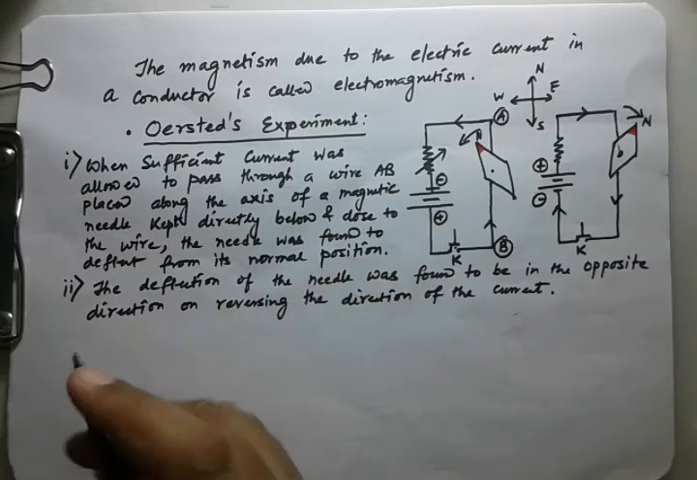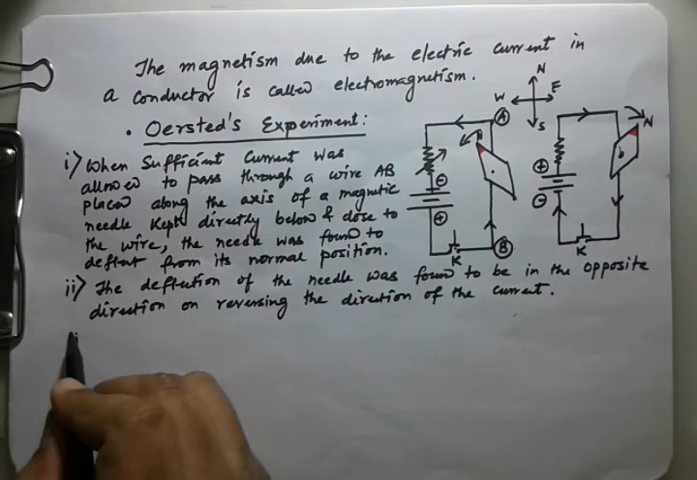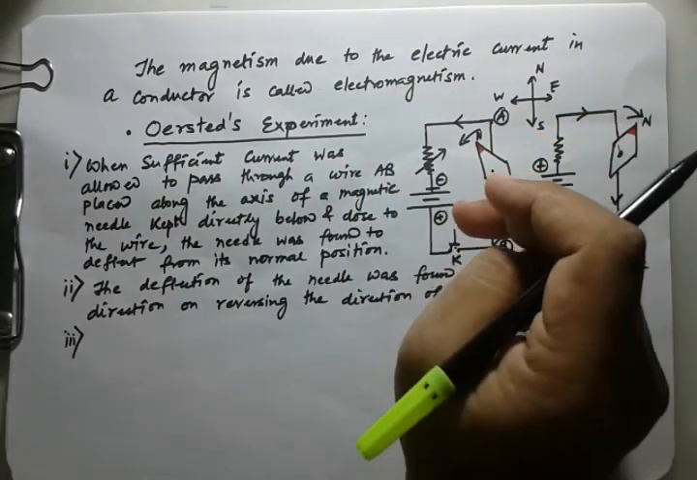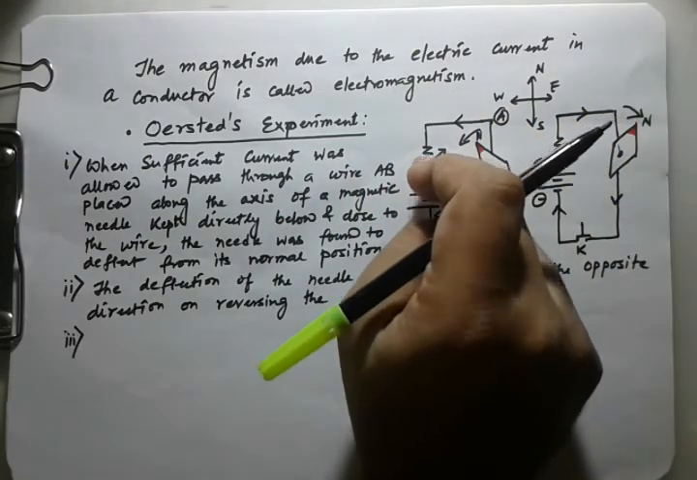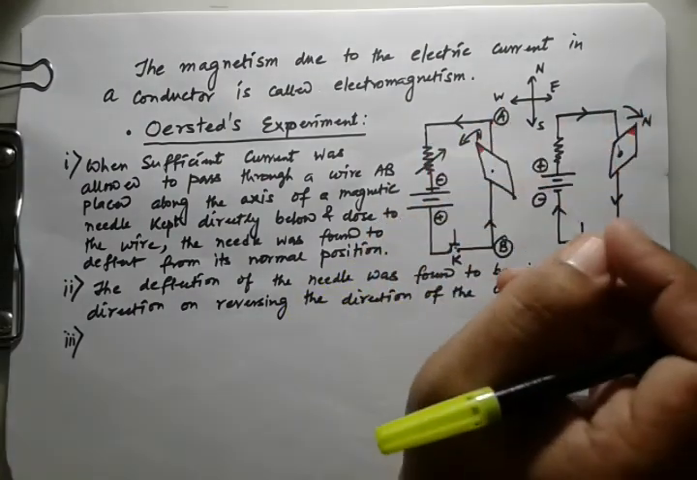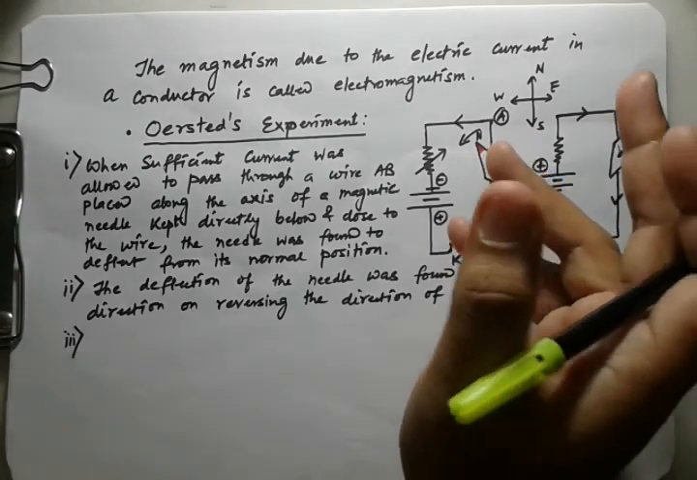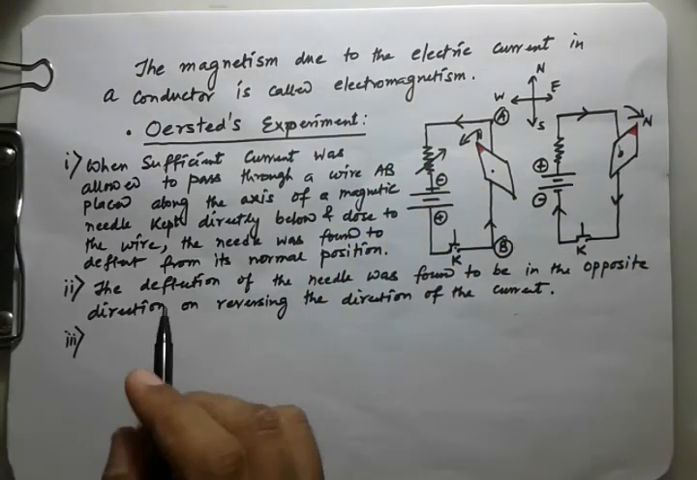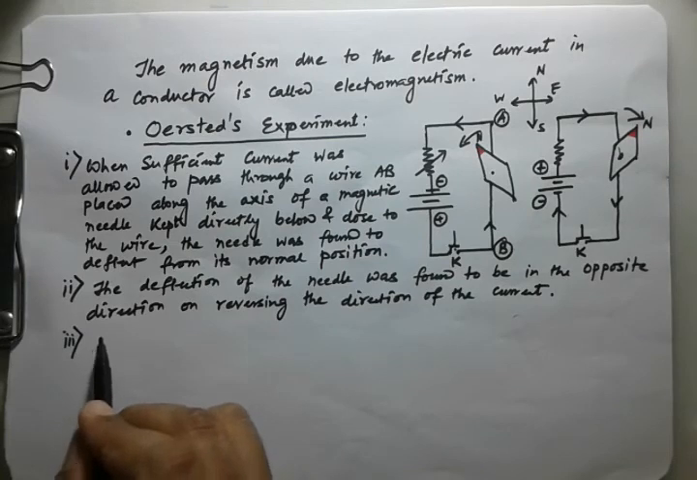Now, the third one, he observed that if I increase the amount of current, how can we increase it? We can change this resistance value. So we can increase the current. If I increase the amount of current, the deflection will also change. So the deflection of the magnetic needle changed